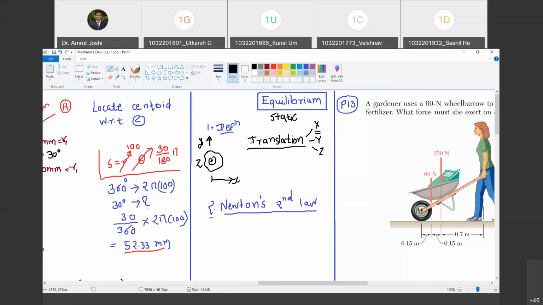Happy? Yes. Chalo. Now, there is another type of equilibrium, and that is rotational equilibrium. Are you with me? Yes. So how do I define rotational equilibrium? So imagine that the body is not rotating about x-axis. That means it is at rest as far as rotation about x-axis is concerned. Happy? Or it is rotating with a constant angular speed or constant angular velocity about x-axis. Then I say the body is in rotational equilibrium about x-axis.